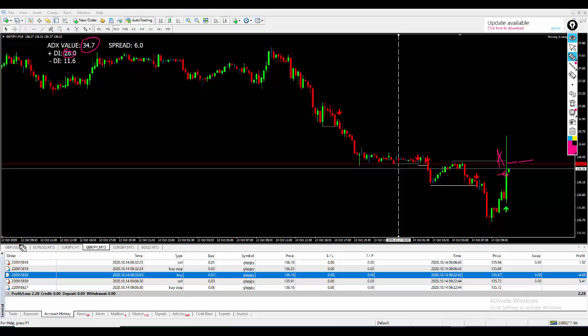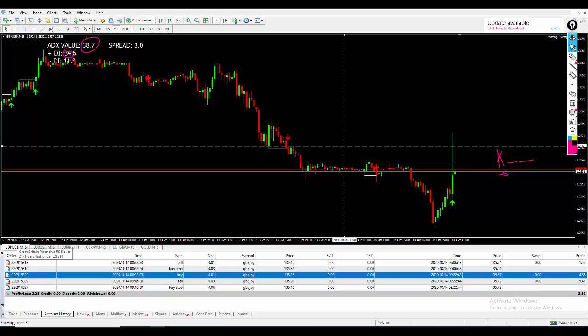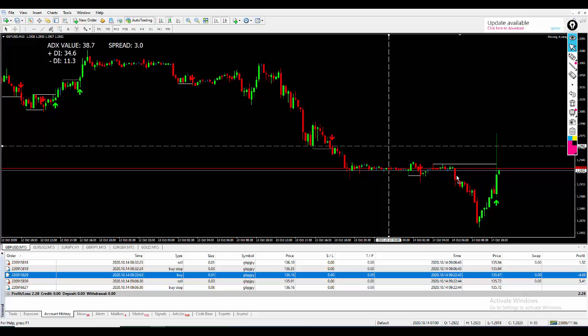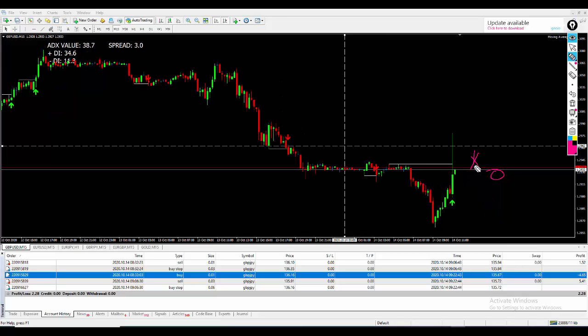Now, if I check pound USD 2, you can see the same thing happen. It closed below the resistance. So we need to wait and see if it's going to close above. And if you look at these parameters, everything is still giving us the direction that is going to be all right. But if you look at our time,